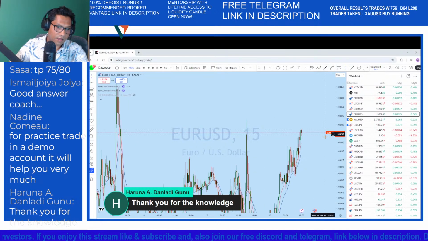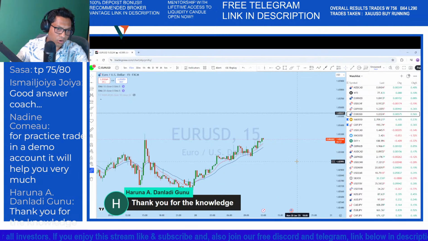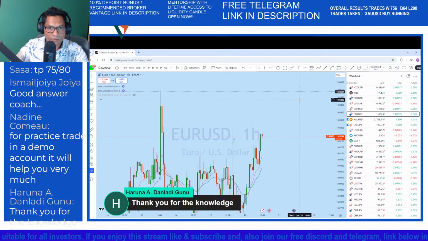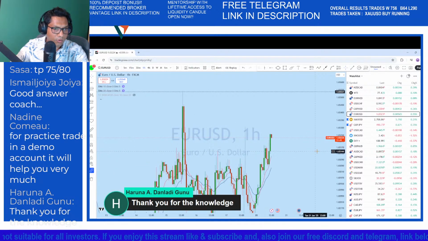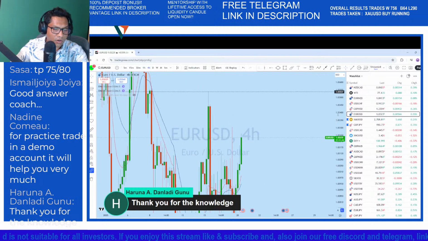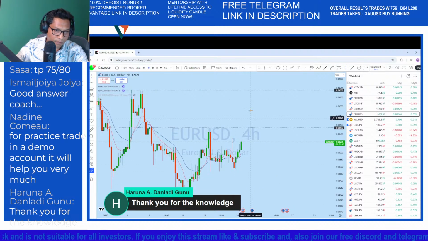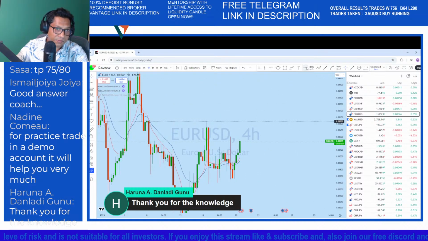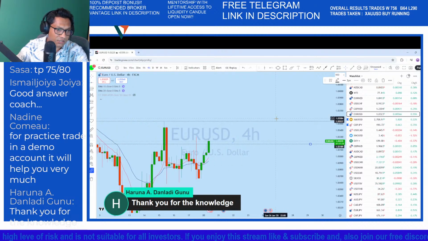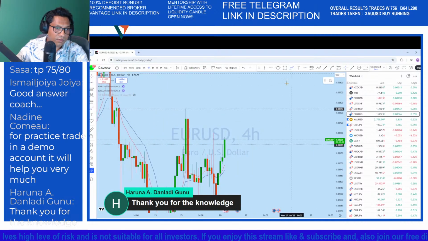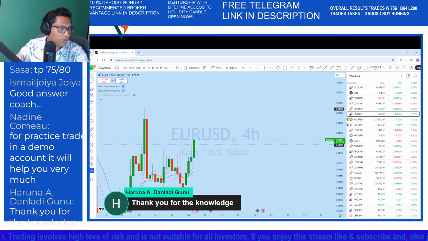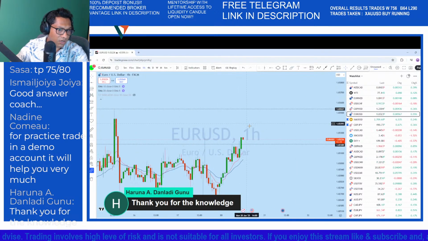Okay, so the trend on Euro Dollar is still showing upside here. Looking at the bigger picture on the 4 hour, I was expecting the Euro Dollar to drop from here, but we can see that there is a bounce, and that bounce might lead price back to the upside. You can see this is resistance turning support. What we can expect is for the market to bounce back up from this support and create a new higher high. So looking here on the 1 hour and the lower time frame,